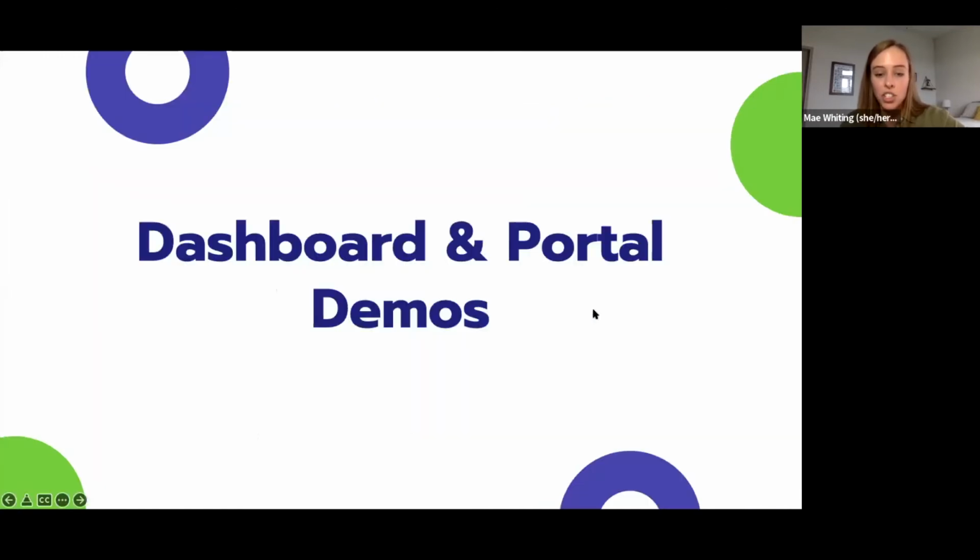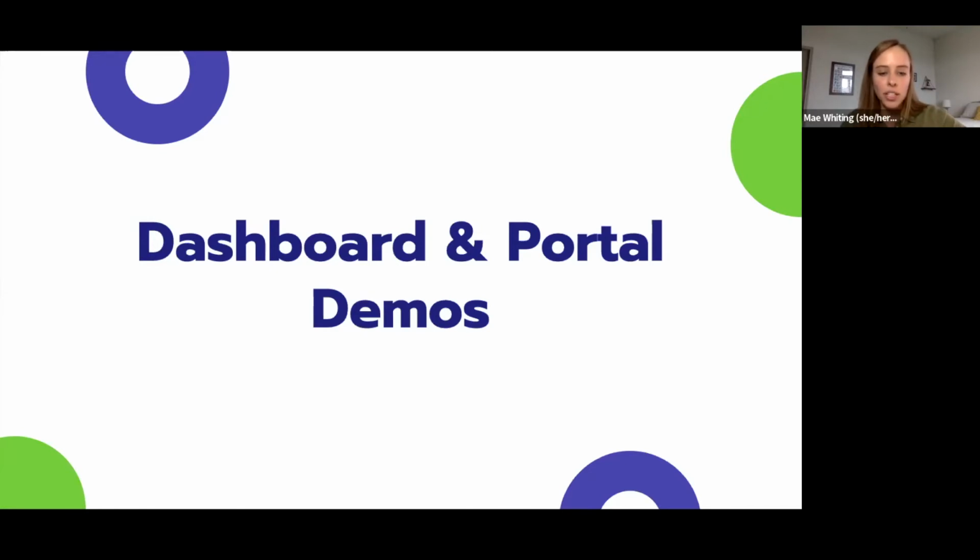So we want to show two tools today that will hopefully make your lives a little bit easier, just knowing that tracking and monitoring FAFSA completion data is really key to any FAFSA completion campaign. And we emphasize this because it gives you so many opportunities, not only to assess the progress of your efforts so far, but also to adjust and tweak your strategies for future activities. And that would allow you to really intentionally reach out to those students who haven't yet finished the task.